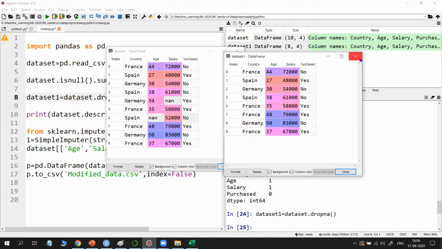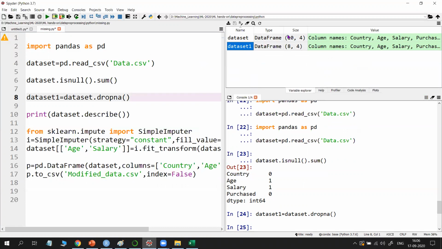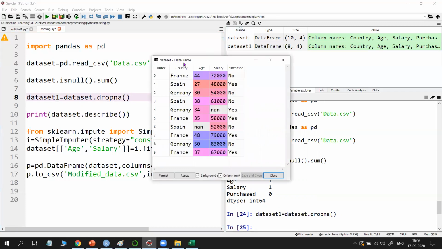So simply observe the number here. No need to go there. Here the total was 10 rows, 4 columns, now 8 rows, 4 columns. To remove particular rows manually is difficult. But in Python, we can remove all the rows at once. Simply use the function dropna. Okay, but I don't want to use that method, as I already told you. So I am skipping this. That's why I stored that in another variable, dataset1, but my original data set is here only.